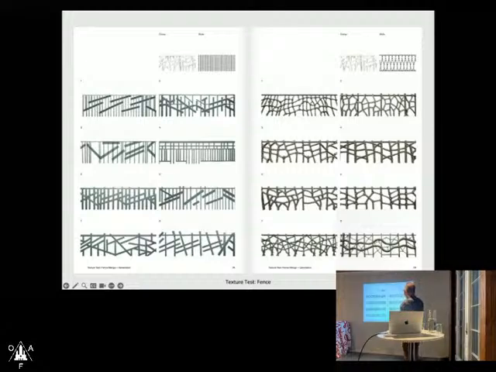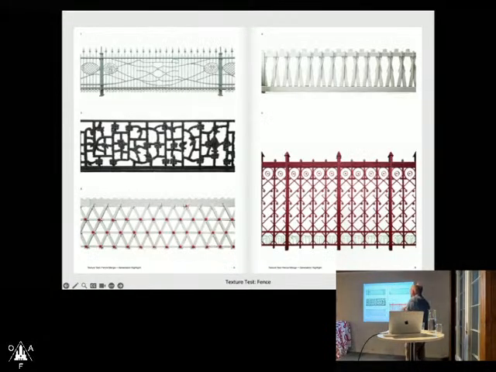Here this Gaudi fence, which it interprets as nuts, and here this very, very simple fence where it really is just only straight lines, either vertical or diagonal. And these are also generated fences.